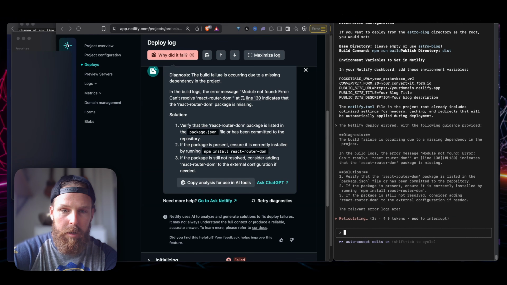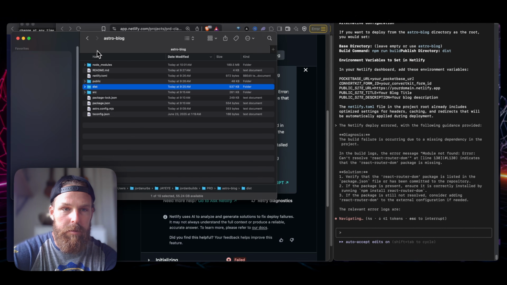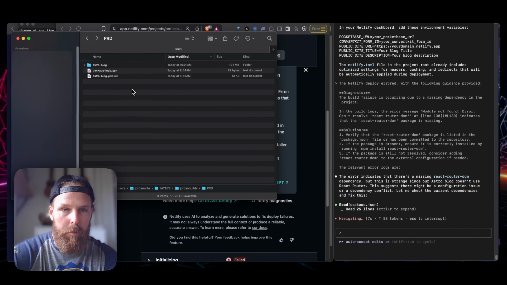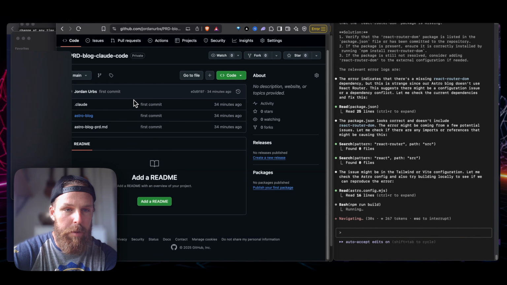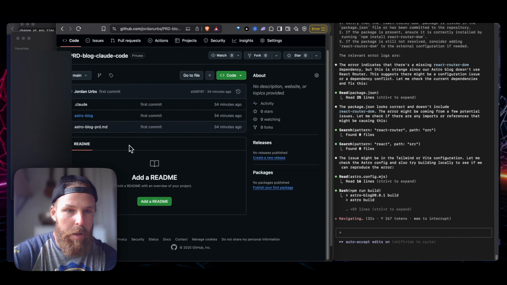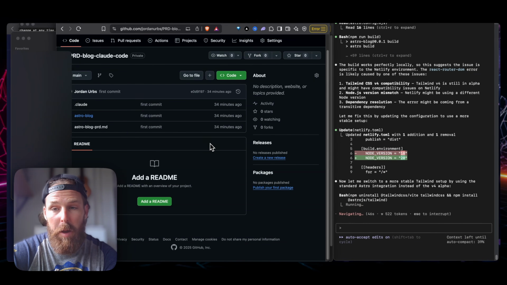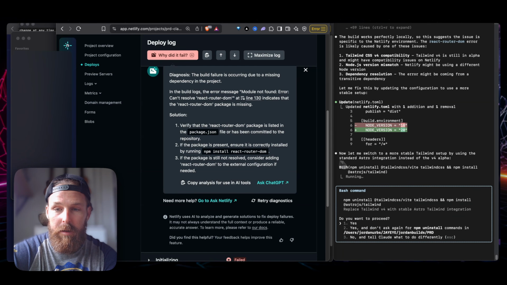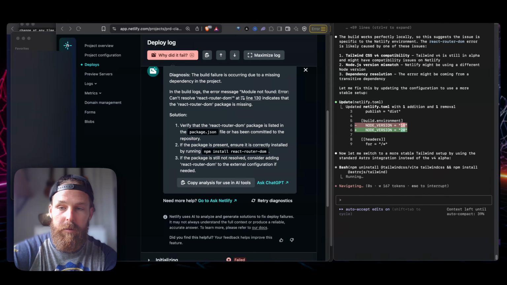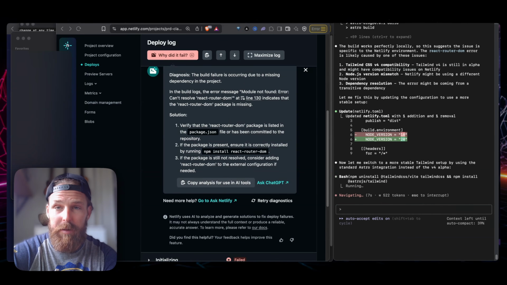Now, I don't want to blame Claude Code for this because the repo structure is a bit weird. I have my PRD folder, and that is the folder that is the Git repo. As you can see here, the repo itself is here, but astroblog is the actual deployment folder. That often can create problems. It would definitely be simpler just to make the Git repo inside of astroblog. But we've already come this far, and it's always fun to learn new ways to do things. So, and actually, it looks like this had nothing to do with the folder structure. It looked like that was all fine, and this is a dependency problem. So,